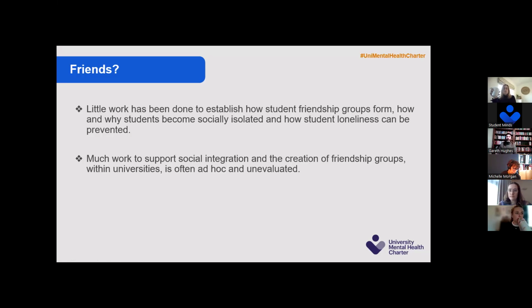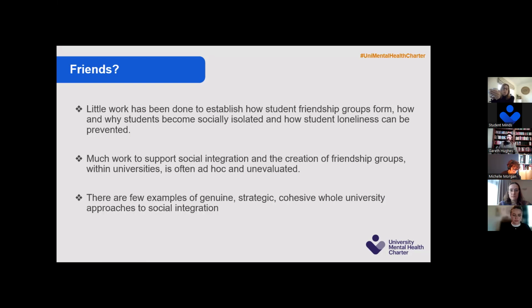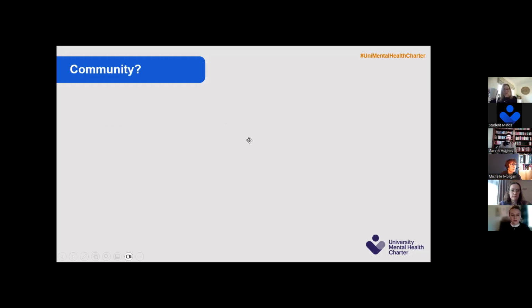But quite a lot of it is just driven by maybe some academics who are interested in it, or some central services who have picked it up, or by student union. And there's less of a thought about across the whole university about what are we doing to ensure all of our students feel a sense of belonging, find their tribe, find their sense of connectedness, and feel that this is a place where they should be. And that in itself then means that there are lots of holes and lots of gaps that students fall into, and there are lots of students who can go missing out of that picture.